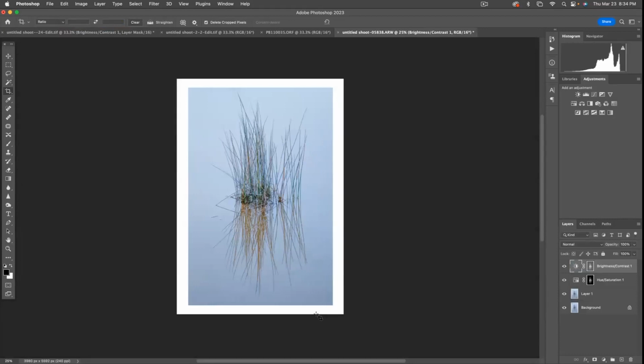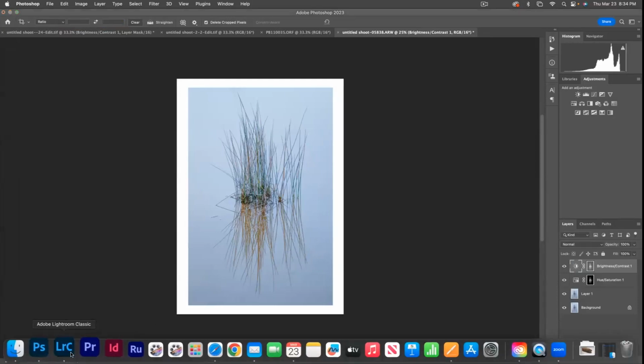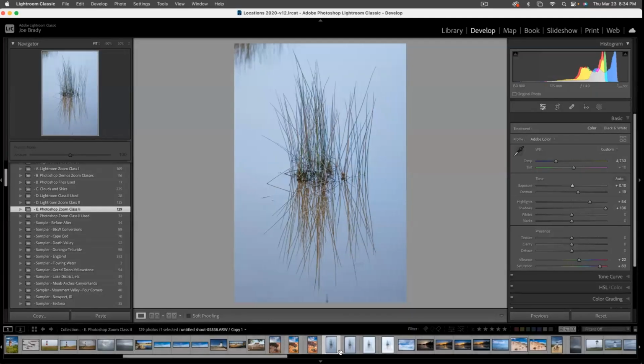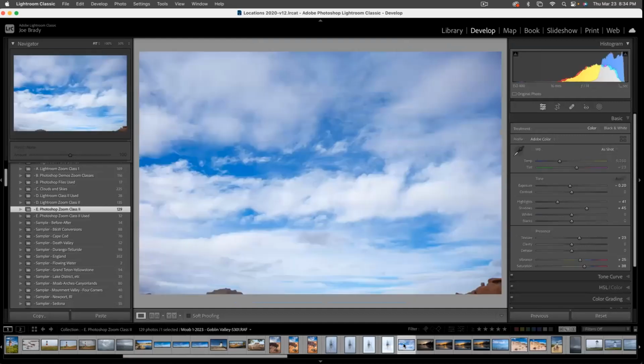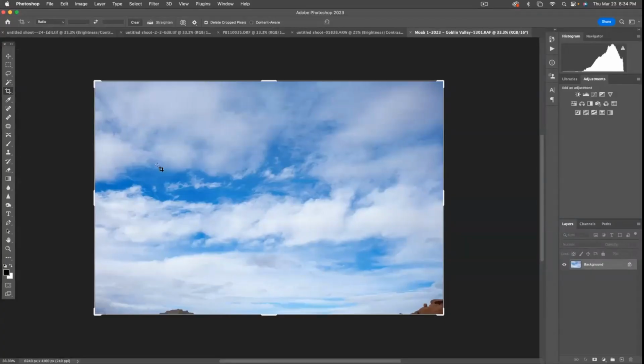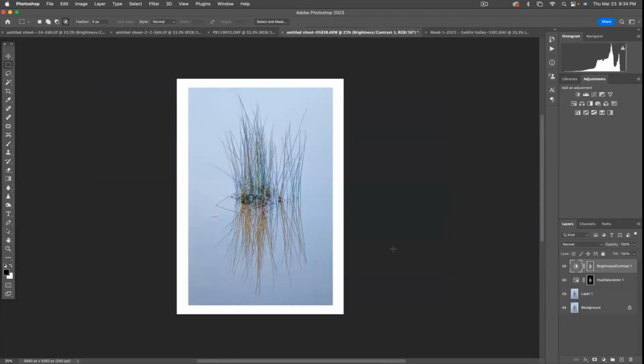But what else might I want to do to this? Well, let's go back into Lightroom because I have a sky somewhere near here. Yeah, let's open this one. I'm going to send this into Photoshop. So just Command E, and here it is in Photoshop. I don't want to crop it. I want all of it. So Command A or Control A gives me all of it. Command C to copy it. It's now sitting on the clipboard. And I go back to my